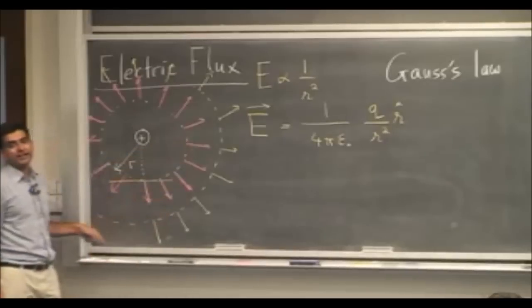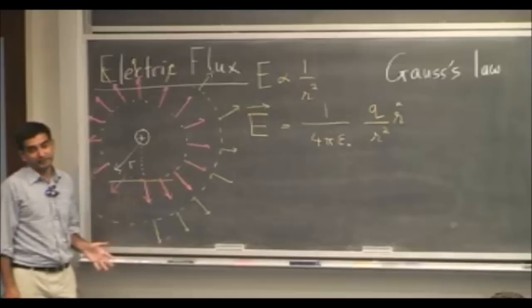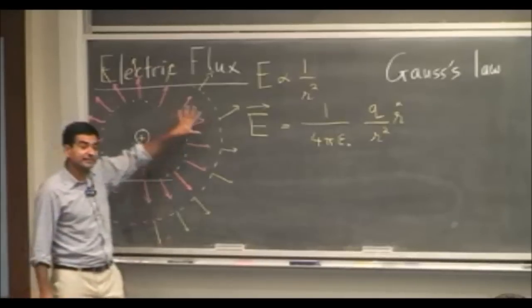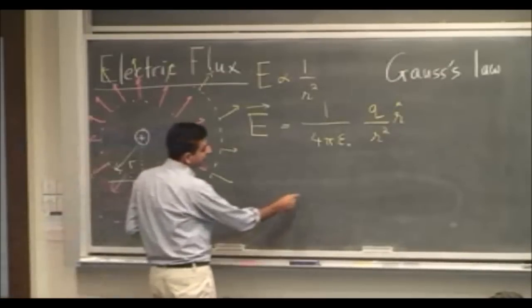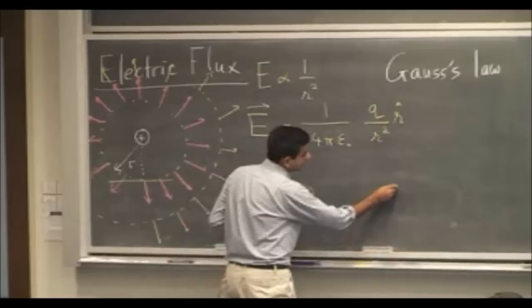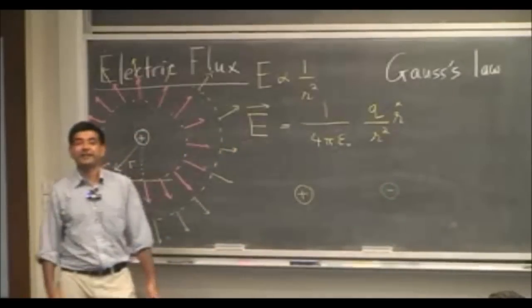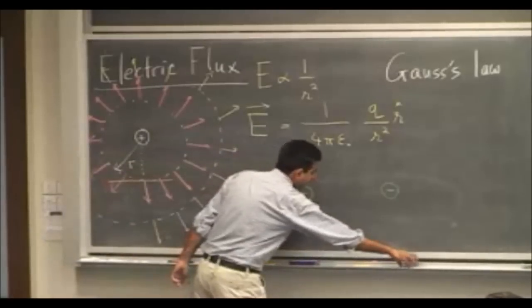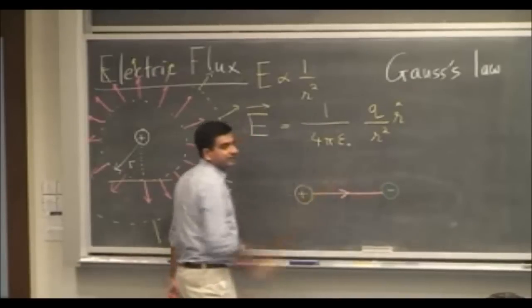Now these electric field lines are just one representation of an electric field. Draw arrows at every point. Since these arrows represent vectors, this is a vector field. Likewise, I can have a dipole, for example, a positive charge and a negative charge separated by a certain distance. This dipole would also produce an electric field in its vicinity. So if I were to plot the electric field, it would look something like this. The electric fields will point from the positive charge, and they will end on the negative charge.